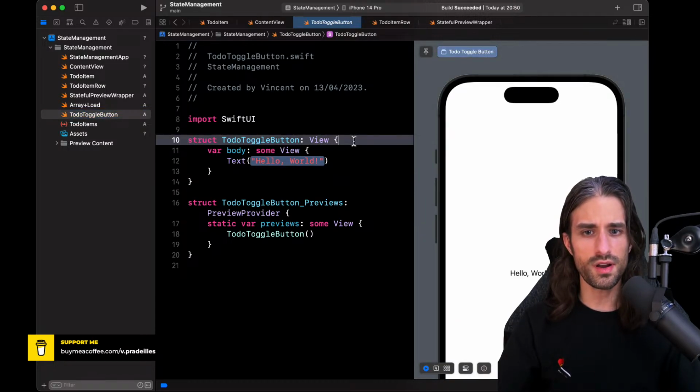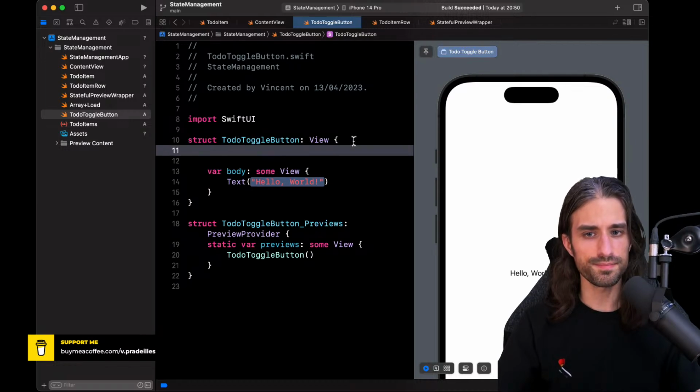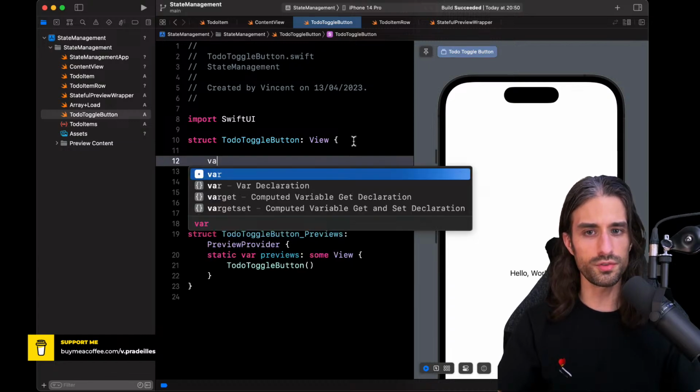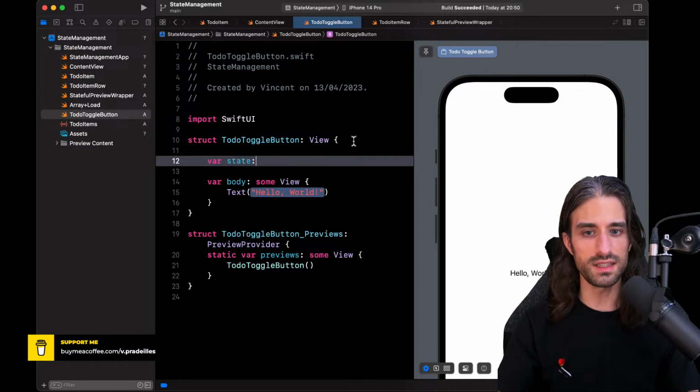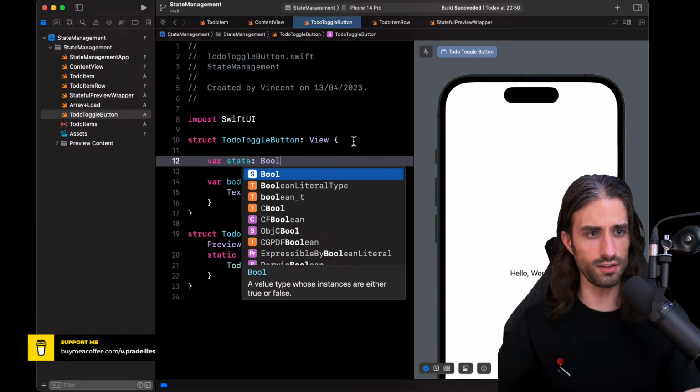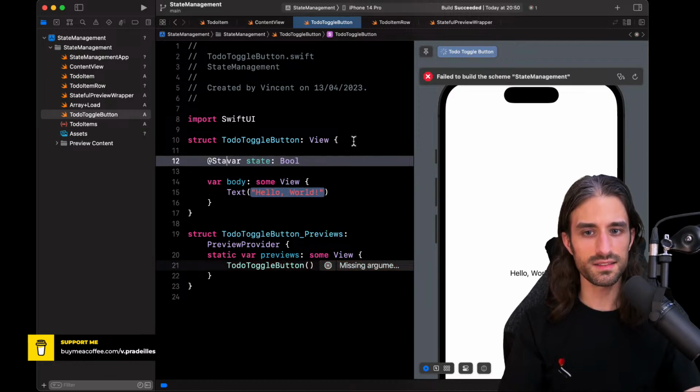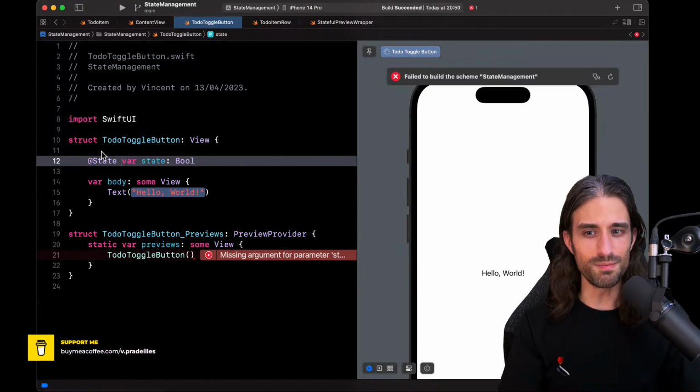So first, before I start implementing the view, let's wonder what kind of state this button needs. It's going to be a toggle button, so it will make a Boolean go from true to false. So it only makes sense that it needs to store a state, or at least to manage a state. But the question is, should this property be an @State or not? If you've been following what I've explained since the beginning of this chapter, you might have a feeling that @State is not the best choice here.